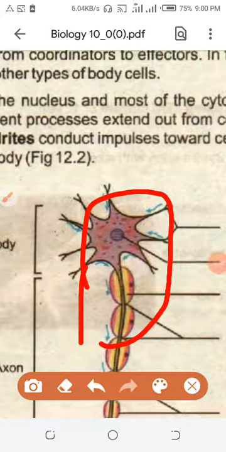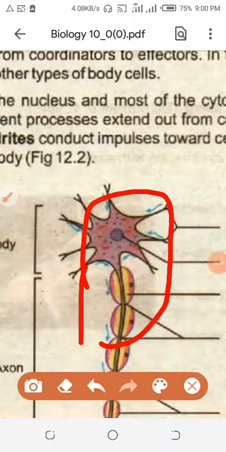So neurons are an integral part of the nervous system, because they are not forming the structure only, they are also doing the functions of the nervous system. So if you are comparing the nervous system with the excretory system, the nephron is the functional unit, not the structural unit. That's why I clarified the difference between nephron and neuron. What is the nephron? The nephron is the functional unit of the kidney.